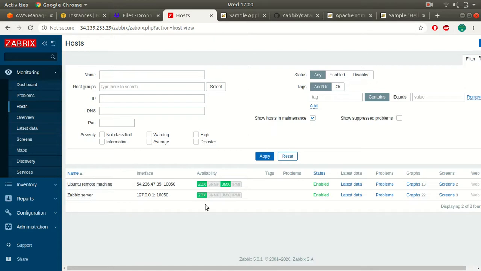Okay, so it took some time, but you can see here my JMX is green in color. That means my Zabbix server is able to monitor my Tomcat application, which is running with JMX. If you want, you can go to the graphs and see the information.